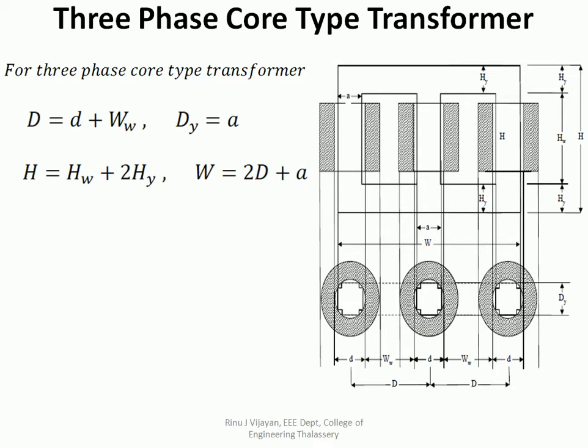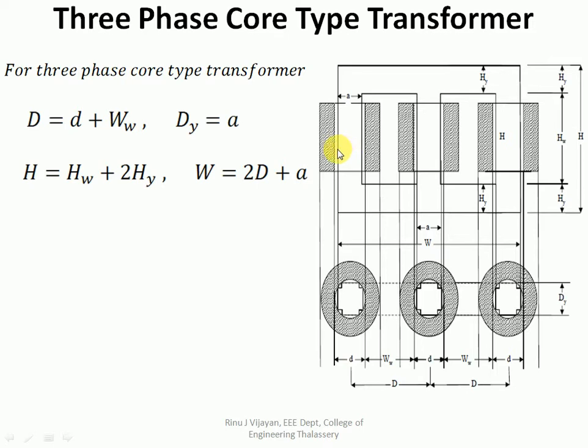The overall width of the transformer frame is represented here as W. We very well know that the center to center distance between these two cores is capital D, and the center to center distance between this core and this core is also capital D. So the overall distance from this point to this point will be D plus D, that is 2D. But while finding the overall width of the transformer frame, we have to find the distance between this point and this point. So now we know the distance between centers of the first core and the third core is 2D,